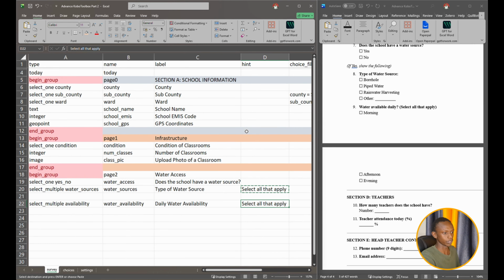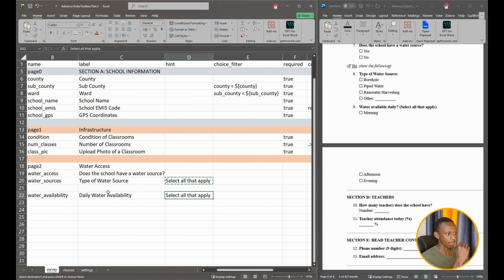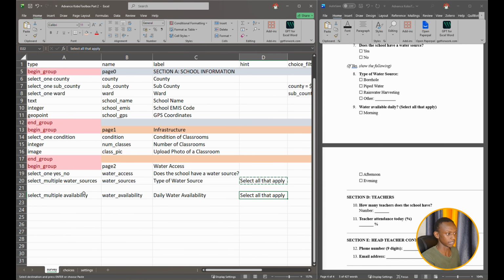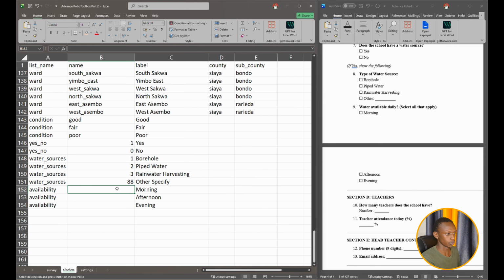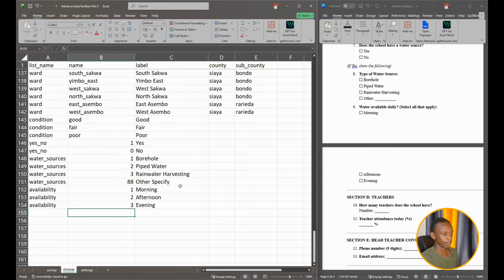So that's what we do here. Select all that apply. Remember, we said we've added these multiple questions the same way we added a yes/no, having a choice for each. So I need to add this here: 1, 2, and maybe 3 for morning, evening, and 3. Next, remember we added an option here, other specify. So if they select other, they need to